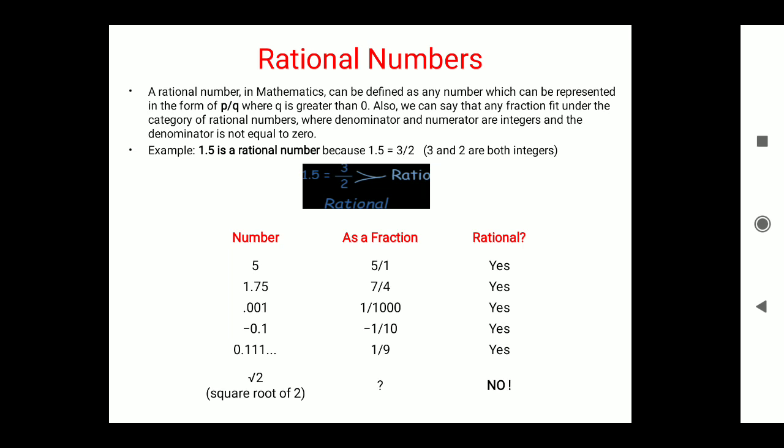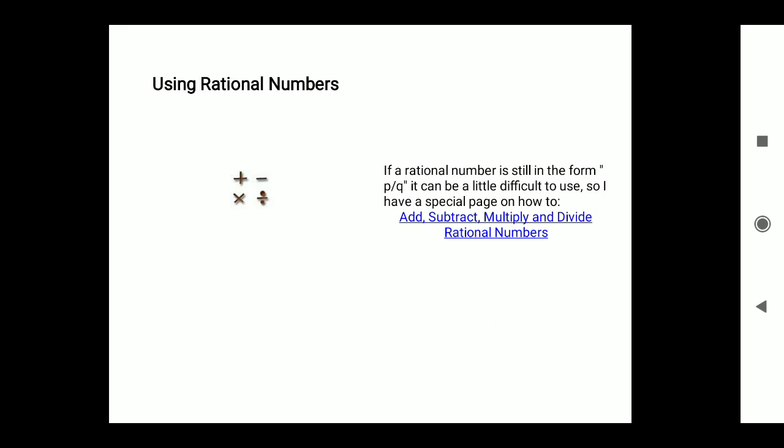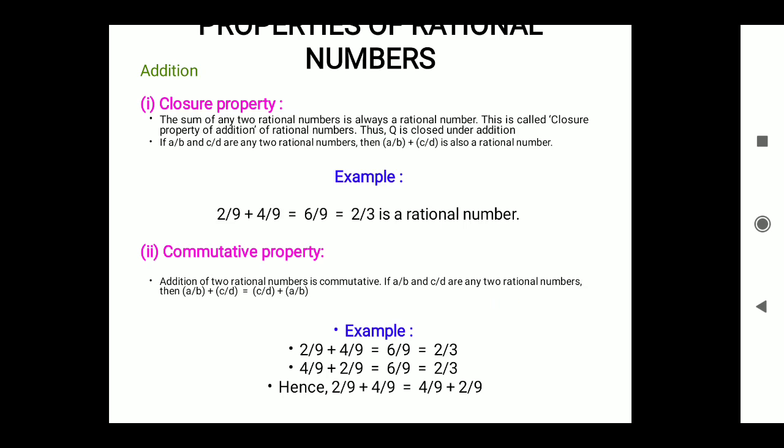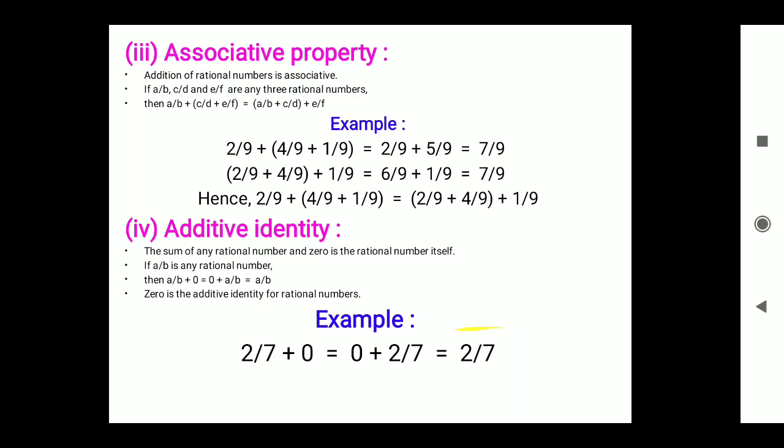Alright, regarding the use of rational numbers, we already discussed how to identify a rational number. First, the basic identification of a rational number is that it is represented in the form of P upon Q, where Q is not equal to 0, that means the denominator is not equal to 0, and the ratio P upon Q can be further simplified and represented in decimal form. The set of rational numbers, including positive, negative and 0, can be expressed as a fraction. Alright,